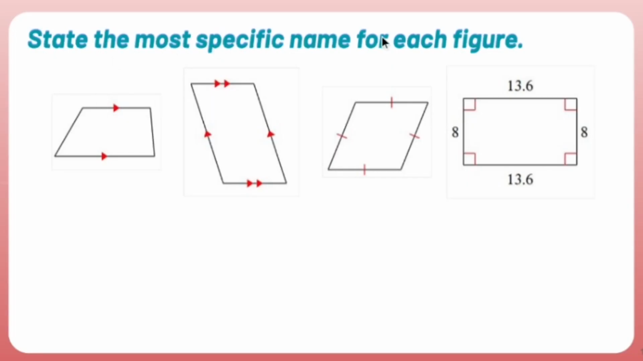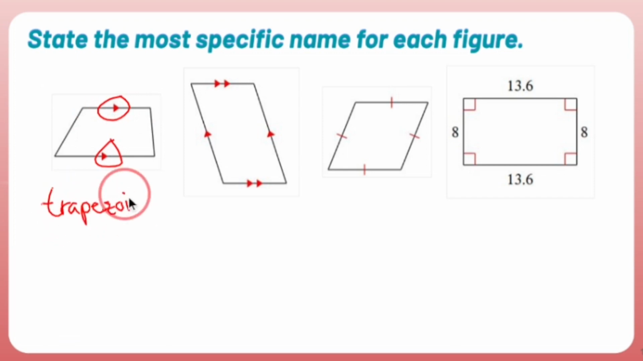State the most specific name for each figure. All right, we've got 4 of them here. They're all quadrilaterals, but I could probably be a little bit more specific for each of them. For example, we have a quadrilateral where 2 opposing sides are parallel, and that's it. That's all I've got. This would be a